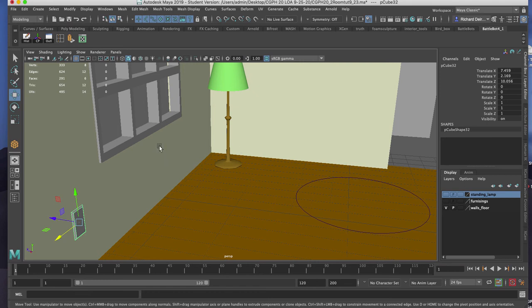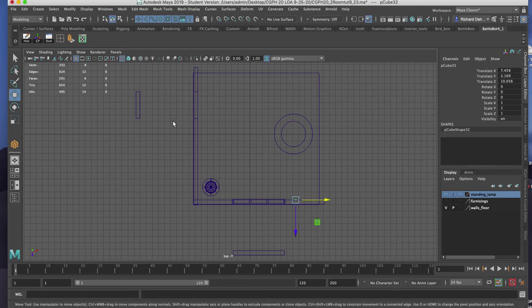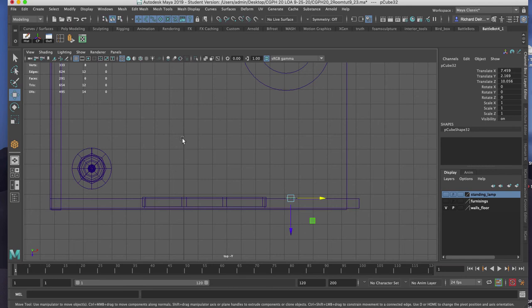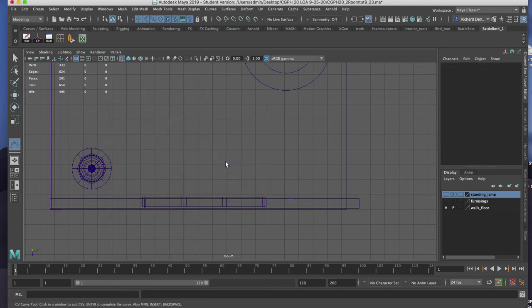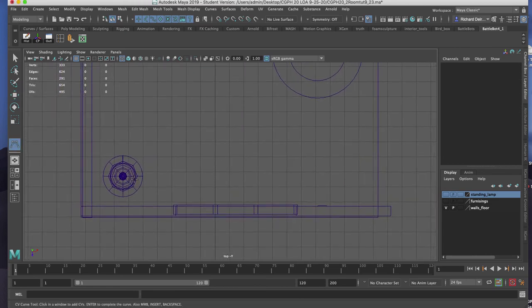I'm going to go to my top view to do so, and I'll hit A on the keyboard. Now we're going to use the CV Curve tool. In my top view, I'll hold down the space bar, create, Curve Tools, CV Curve tool. And I'm just going to draw kind of a meandering path from the lamp shape itself over to the outlet. Now as I get near the outlet, I'm going to drop a few extra points because we have to generate the wire, and then we'll have to lift it up to reach the outlet against the wall. It's always easier to add more points and delete afterwards. Now I'll hit return,